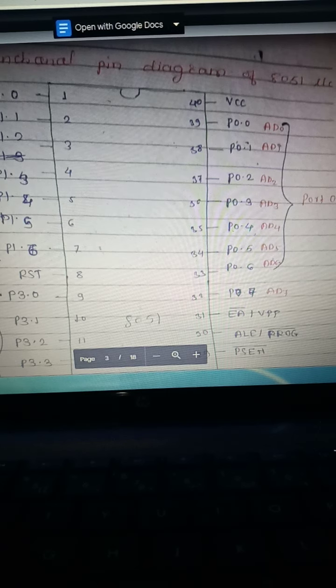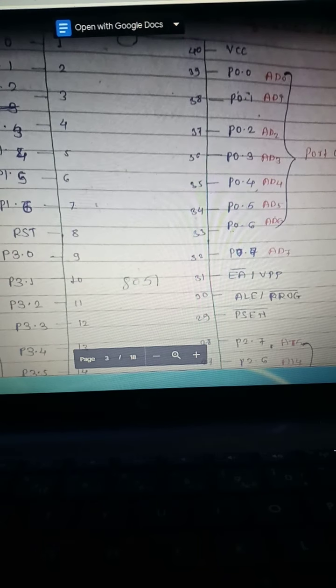Next we'll discuss the functional pin diagram of the 8051 microcontroller. So as shown in the figure, the 8051 microcontroller contains